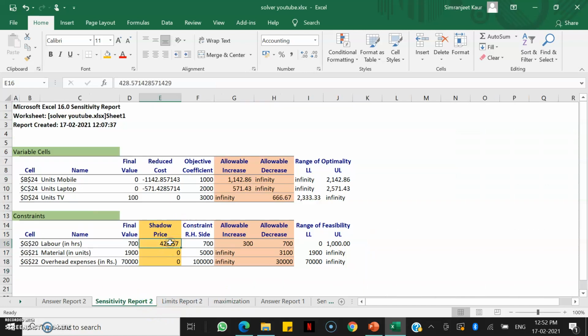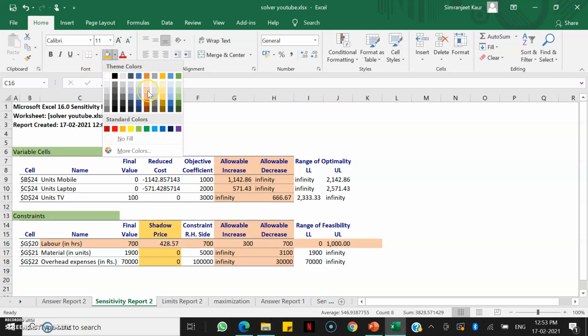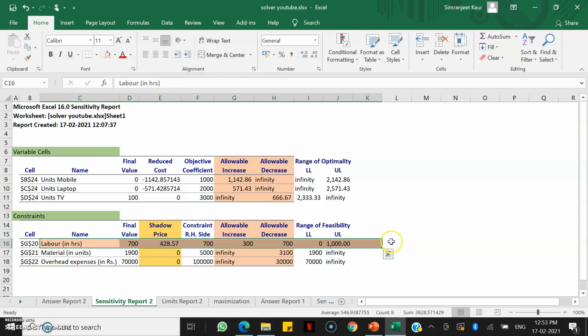This is the meaning of shadow price. So this is a substantial jump of 428 rupees. That means I can write it as an important or the critical constraint. Let me just color it. So I can write this as my critical constraint.